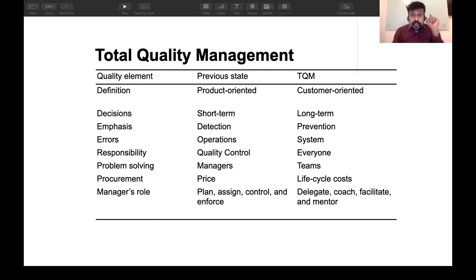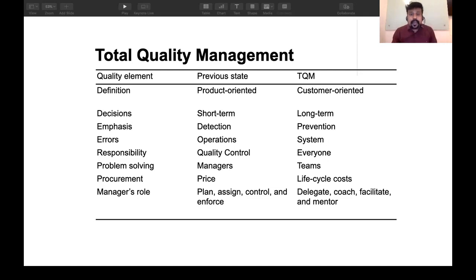And coming to the responsibility, I have seen a lot of organizations, when I ask them a question, who is responsible for quality in your organization? They will say, sir, I'm in the inventory department, you better check with the quality department. So what is this? Everyone in the organization is responsible for quality. That is what TQM says. Everyone in the organization is responsible for quality, and they should work as a team to achieve the results.